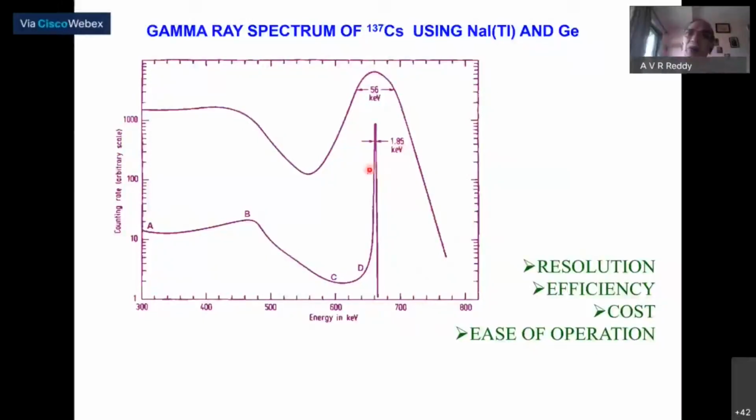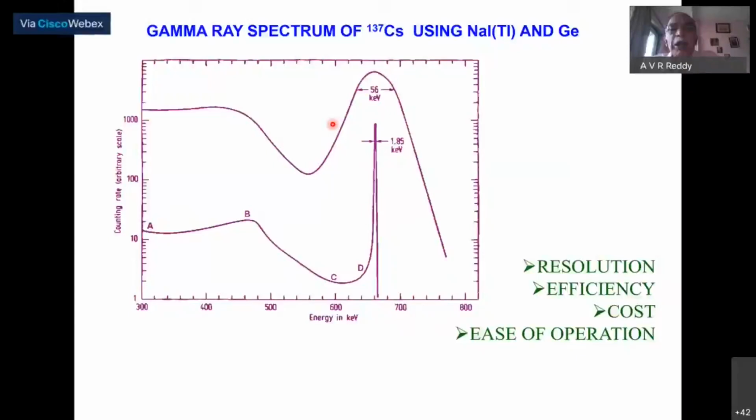This is the difference. Obviously, if you have two gamma rays nearby with a difference of 3-4 keV, normally twice the FWHM, then you will get two separate peaks. Whereas in the case of sodium iodide thallium, you won't get that resolution. But don't forget that if you integrate the area under this peak after subtracting the background, that is directly related to the intensity and directly related to the concentration of that isotope. Sodium iodide thallium will give a higher value because the efficiency of sodium iodide thallium is better than germanium, right? These two points we should understand.